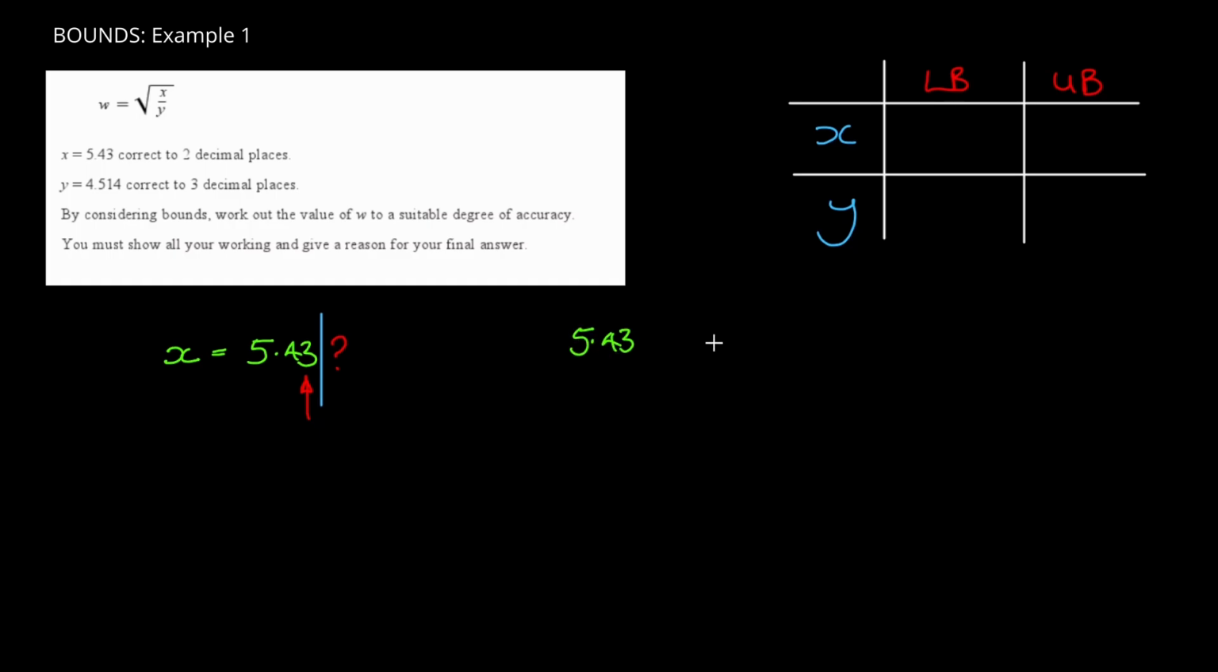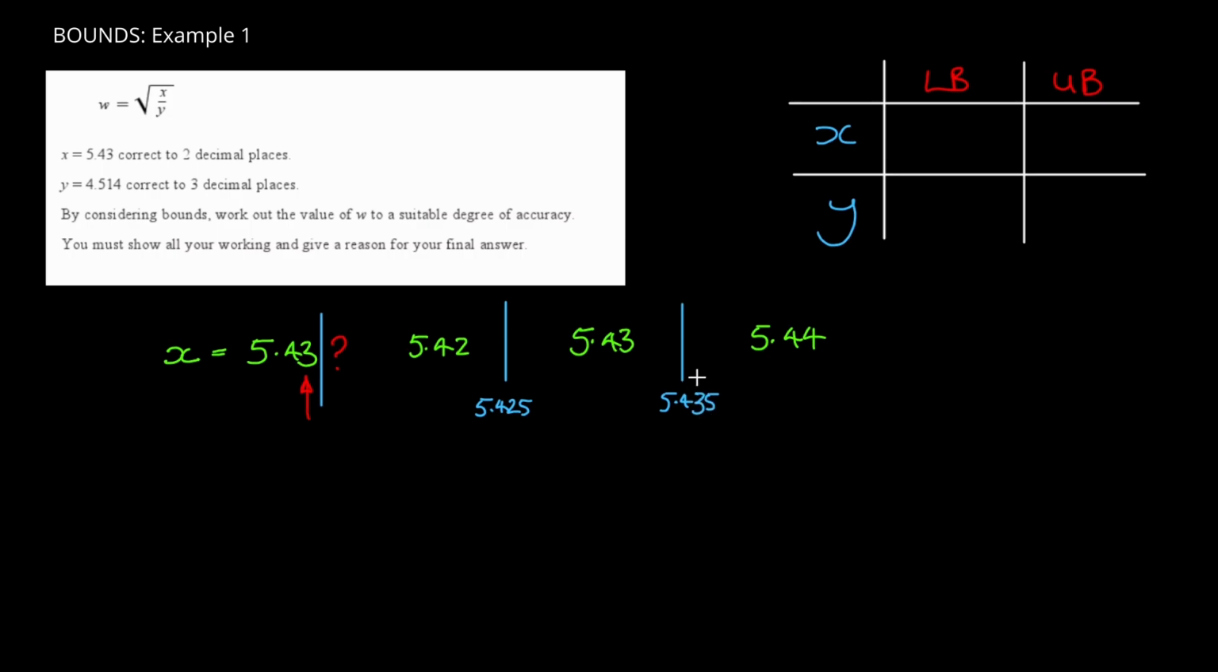What would be the next number up? Well, the next number up will be 5.44. And the next number down will be 5.42. And effectively here would be the borderlines. And this borderline is at 5.425. And this borderline is at